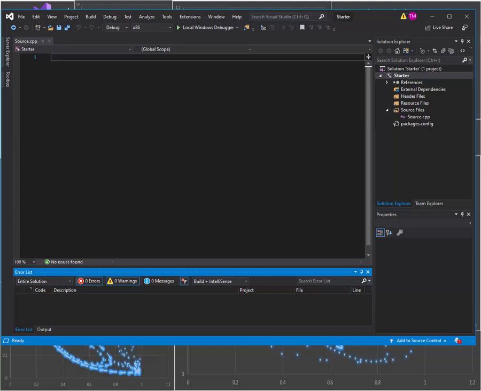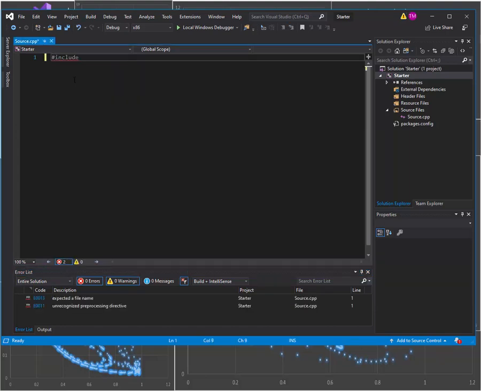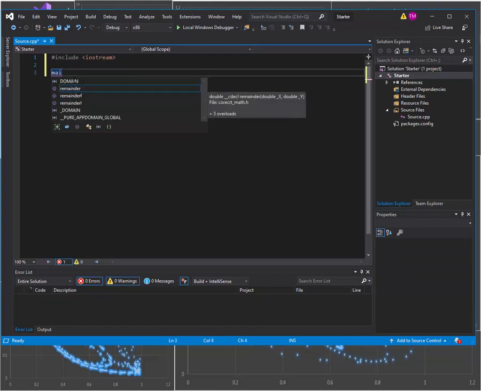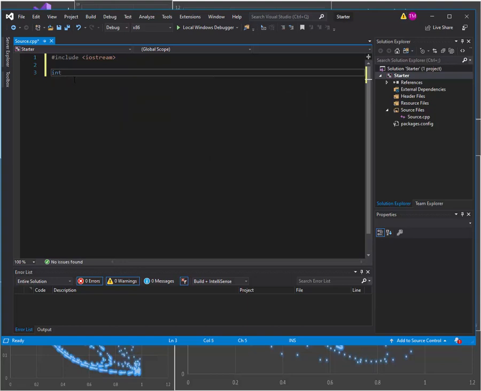All right, so now to build some code from the ground up, the very first thing we're going to do is, give me one second because I have to look up my cheat sheet here. We need to, of course, include at least one header file, and the header file that we're going to start with is iostream as usual, and then we're going to create a main function, and we'll make it an integer. So int main, open and close parens, and then the curly brackets